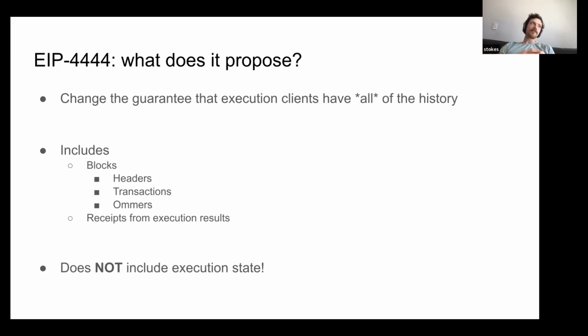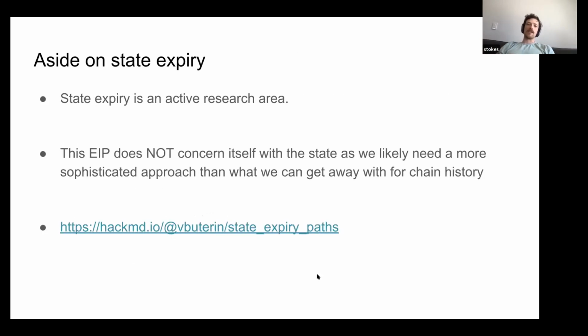But basically, there's the Ethereum state, and that is kind of its own can of worms in terms of managing the state. There are various ideas around state expiry. I'll just go to the next slide now. So yeah, just a quick aside here. There's this notion of state expiry, very different from history expiry, simply because with history expiry, as we'll see, there are probably some very simple things we can do to get a lot of the benefits. Whereas with state expiry, there's so much subtlety and intricacy around handling the state that we're probably going to need a whole different approach.